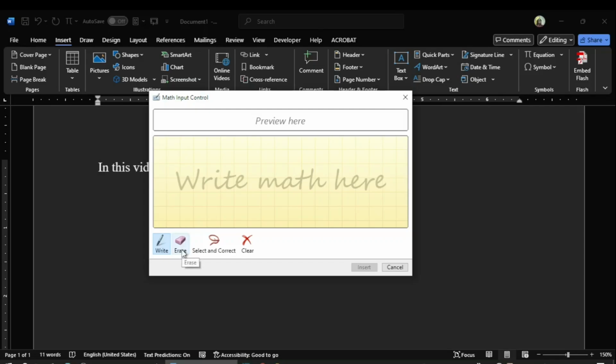If you make some mistake while writing the equation, you can erase it, or you can select a part of the equation to change to certain formats, or you can clear the whole of it if you click on this button. So let me first write down a very easy equation in the form of x